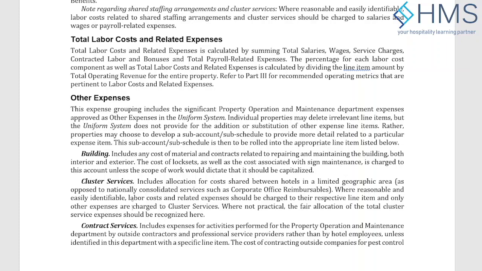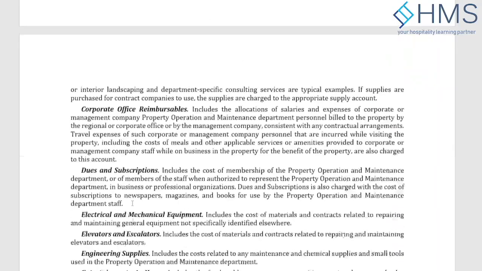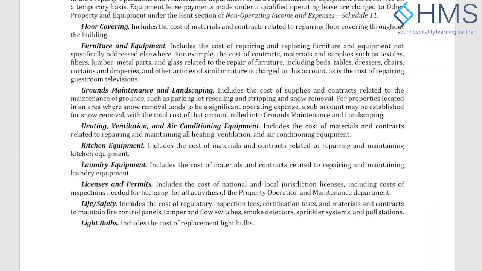So it depends on where the property is billing, because I didn't find any specific code for those kinds of expenses. So it's a benefit of the doubt. You can put it in the A&G, or you can put it under maintenance. So where are you putting it at the moment? Are you putting it somewhere? I'm just curious to know. I'll have to go back and check. Yeah, that's very good. I'm certain that it would be charged to the maintenance department. But since there is no specific line for it, it would be going into miscellaneous.